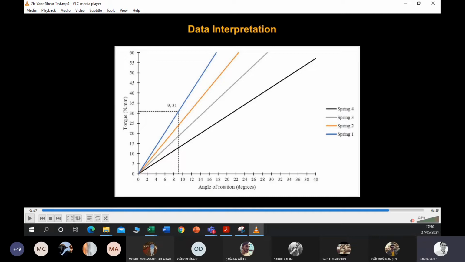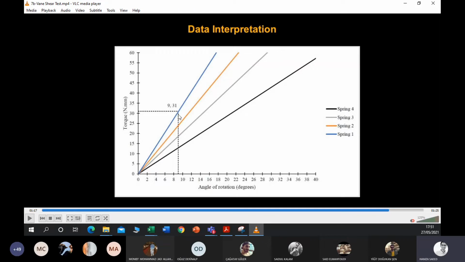Okay guys, an important point is that maybe in the data set I might give you different springs, and based on those springs I will give you the angle of rotation we obtained in the lab. Again, here is the spring 1 we used in this video.